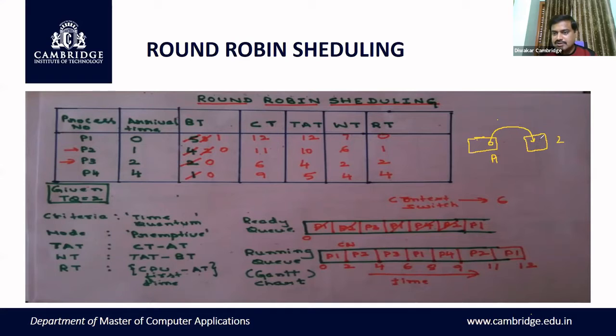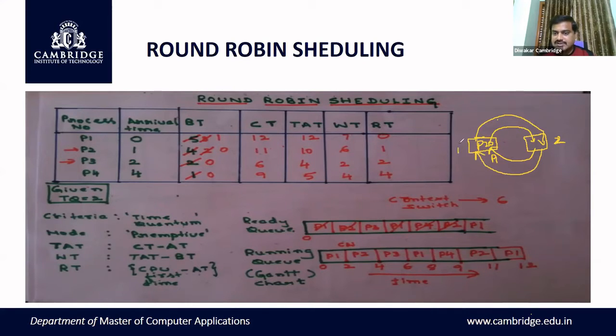The CPU will execute this particular process for 2 units, and it will be sent back to the ready queue. I mean to say that the process will be preempted and sent back to the ready queue. Next, another process will be allocated to this CPU. The CPU will execute for another 2 time units. Again, if the process still has remaining time, it will be preempted from the CPU and sent back to the ready queue.